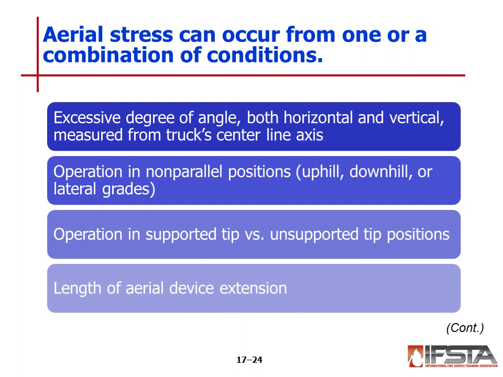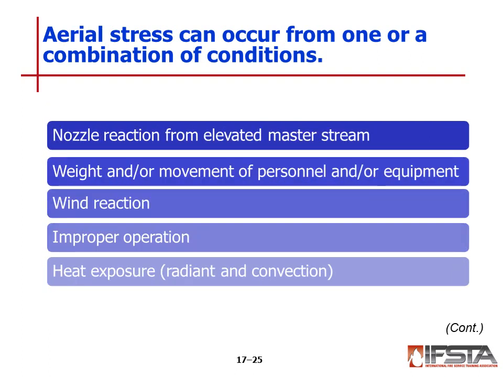Aerial device stress can occur from one or a combination of the following conditions: excessive degree of angle, both horizontal and vertical, measured from the truck's center line axis; operation of non-parallel positions, uphill, downhill, or lateral grades; operation in supported tip versus unsupported tip positions; length of the aerial device extension; nozzle reaction from elevated master streams; weight and/or movement of hose, water, personnel, and/or equipment on the aerial device; wind reaction; improper operation of the aerial device; sudden